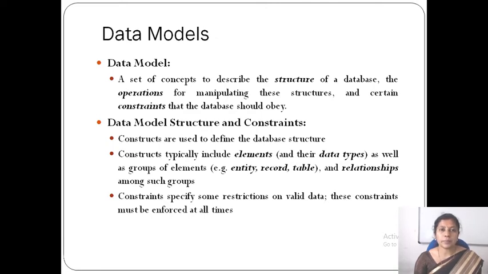Now, what are the properties or elements related to an employee you are going to store? For example, employee ID, employee name, then salary, right? And the employee's department.